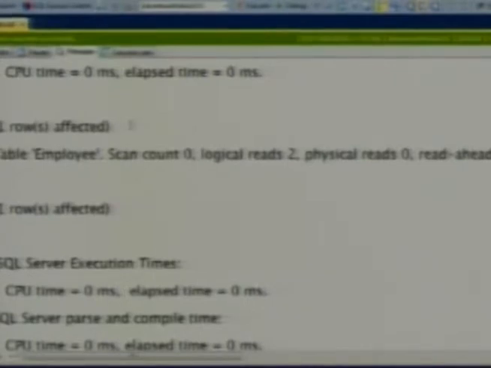Clustered index seek. Now, performance-wise, how much of an improvement do you think I got? Last one was 0, so 0. But notice the number of reads went from 4 to 2. Now you're thinking, okay, you're limited to 2 reads, what do I care? You're right, but remember, this is one example, and what if this is called 10,000 times a minute? I am now a hero, right? Because I've eliminated half the reads. And the execution plan is a clustered index seek.